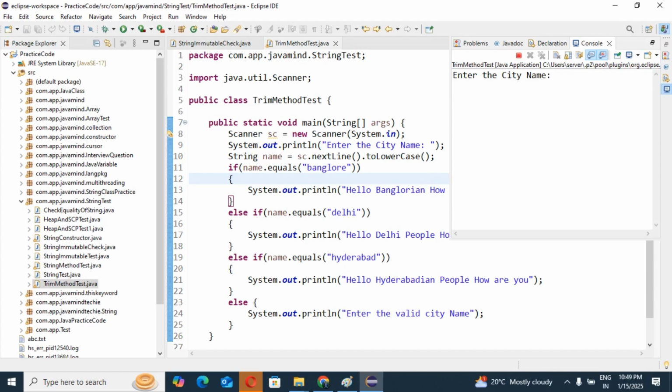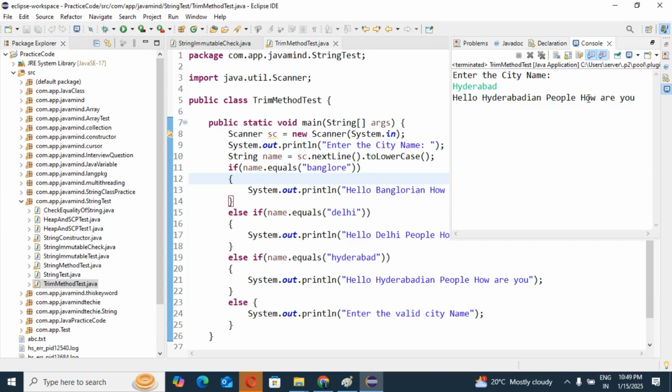Now I am going to write Hyderabad. First I will show you whether this code is working or not. I am passing Hyderabad. Hello Hyderabad people, how are you?